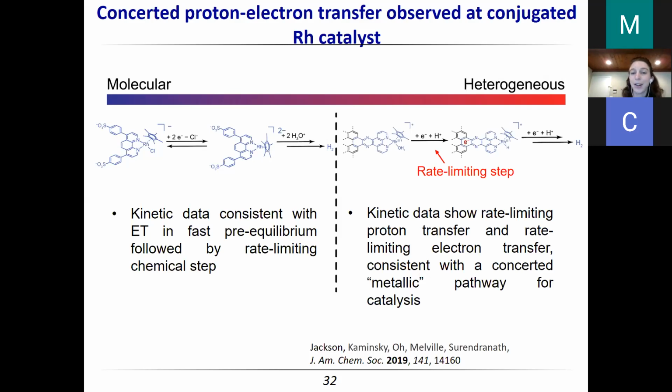And so it seems that by conjugating it to the electrode, we're moving it from an outer sphere pathway to an inner sphere pathway. And the practical implication here that was cool to observe is that we could have the molecule act as a catalyst even in pH conditions, when it was conjugated, in which there would be no catalysis at all in the molecule. And that comes directly as a consequence of a mechanism that's occurring in inner sphere, where when I continue to increase the potential at the electrode, I'm increasing the driving force for catalysis in an inner sphere system, versus I'm really stuck with the redox potential of the molecule if I'm using a redox mediator.